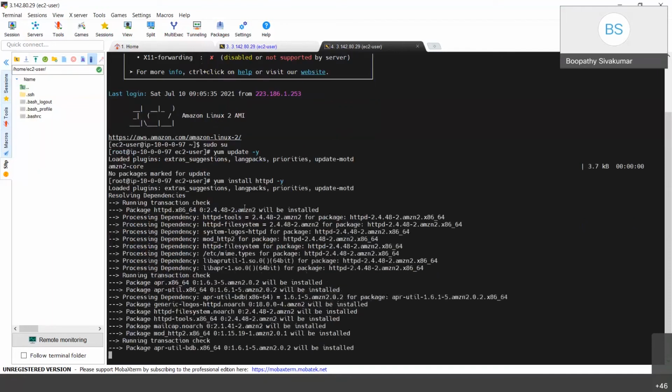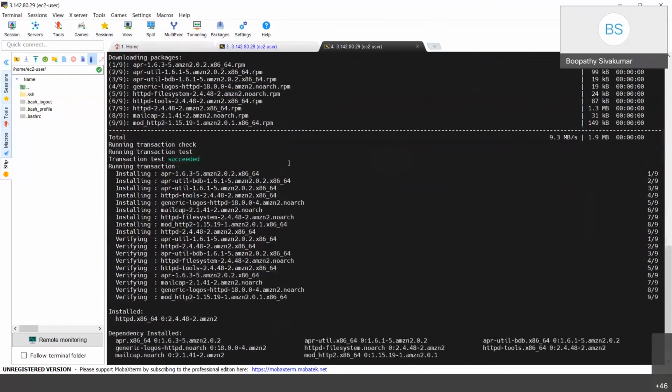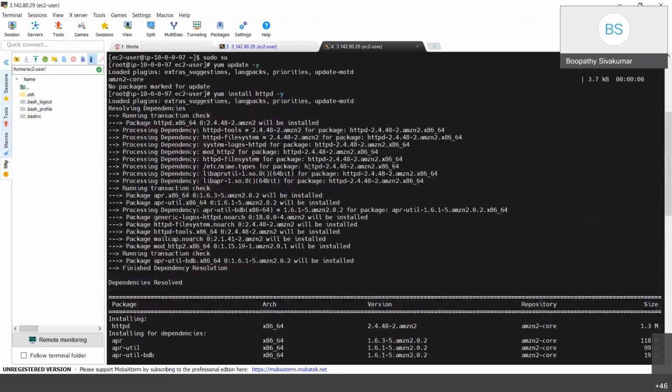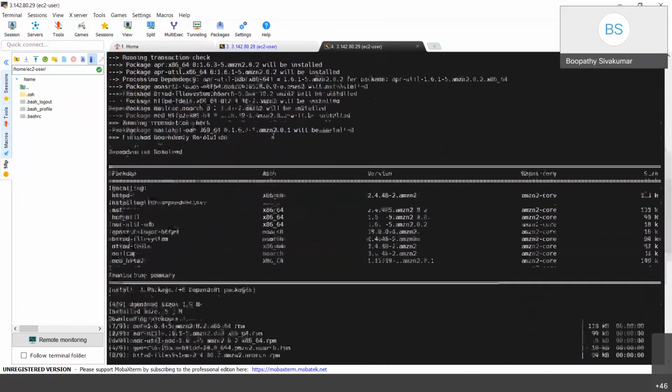So now we are installing the Apache web server. You need to know the package names; you can search in Google for the package name based on the OS. With Amazon Linux, httpd is the package name, but whoever is using Ubuntu, it will be apache2. So you need to install apache2.